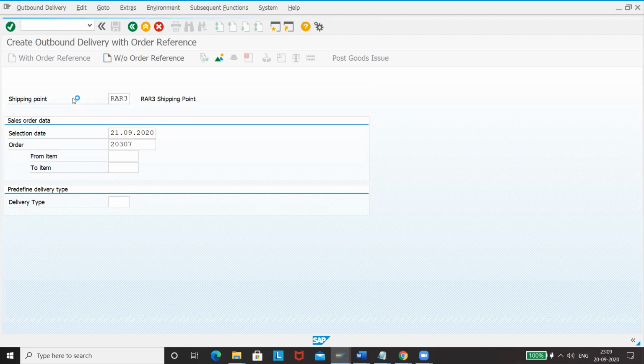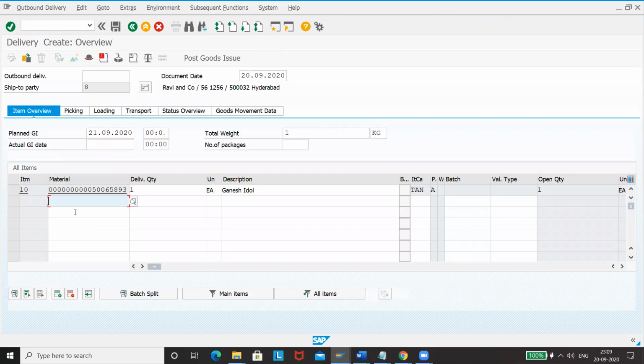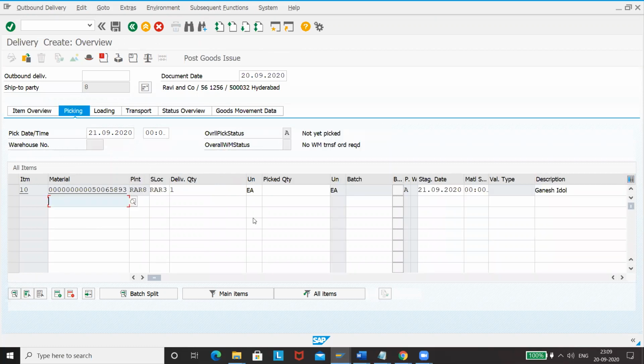So please try maintaining it for 21st. Now you have to click on this picking. Give quantity as one. And now click on this PGI.